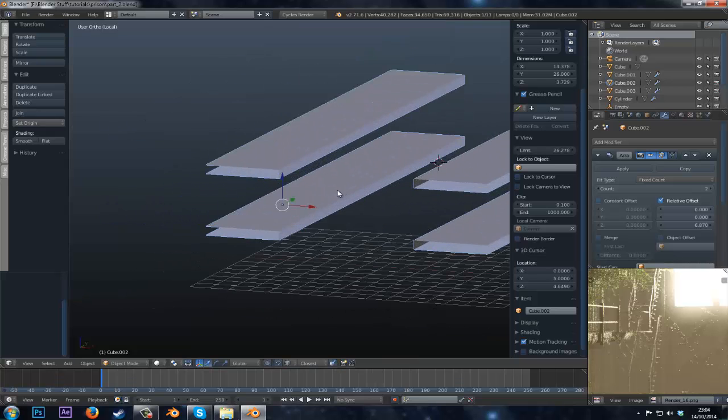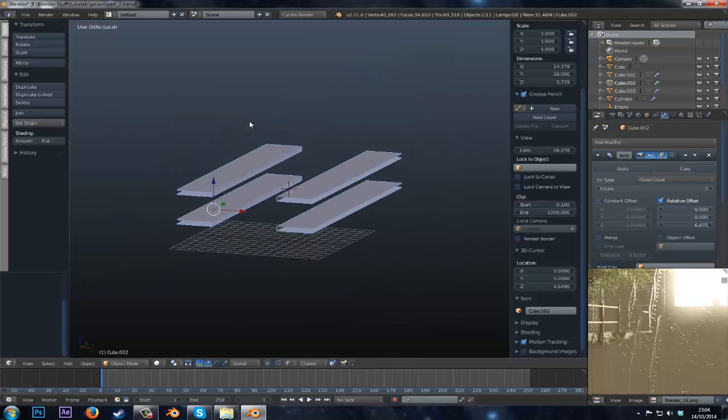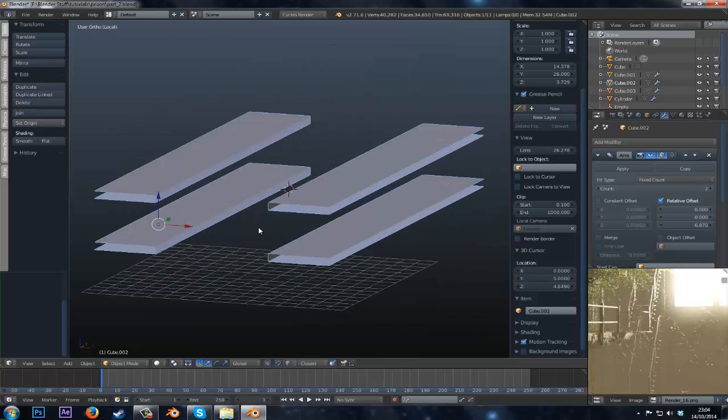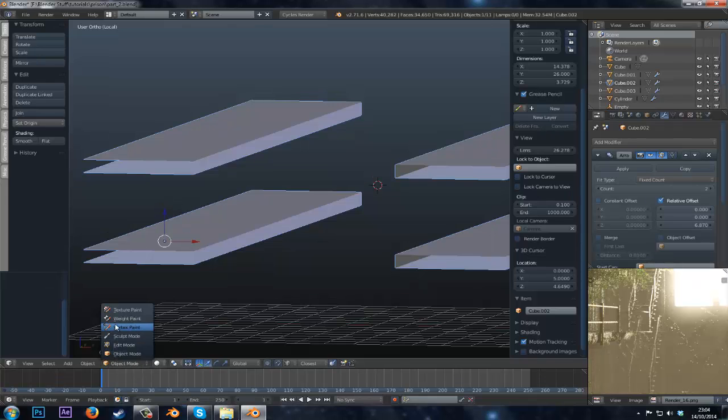Alright, if we now solo this, or make it local by pressing the slash key that I mentioned from the last tutorial, it's the slash key above the number pad, it'll go into a sort of local view like this. It just hides everything else. It's pretty useful. If we go to sculpt mode,